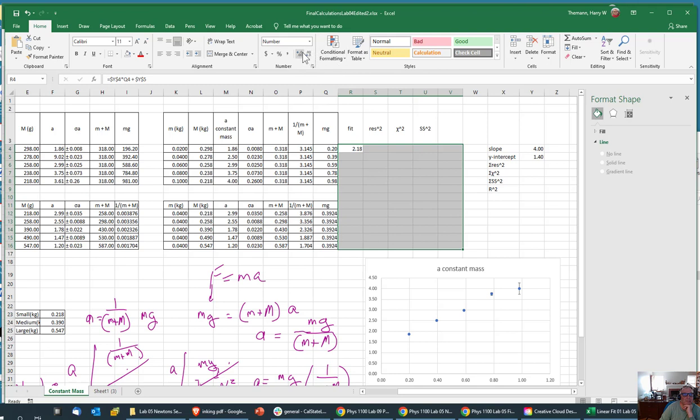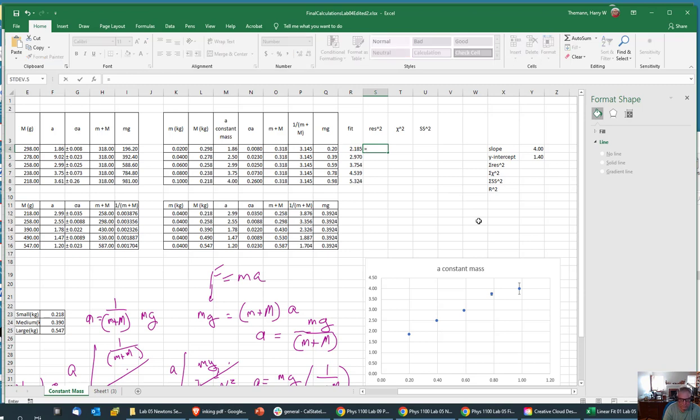Okay, and let's see, we'll give it an extra one for now. There we go. And so this equals the data, which is the acceleration, minus the fit, which is here, close it, square it,